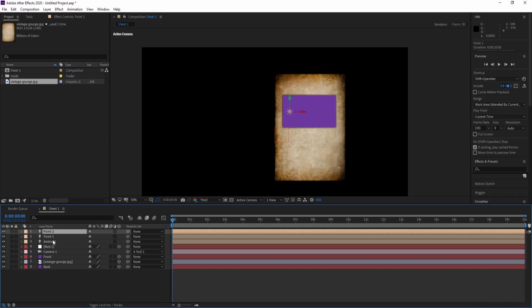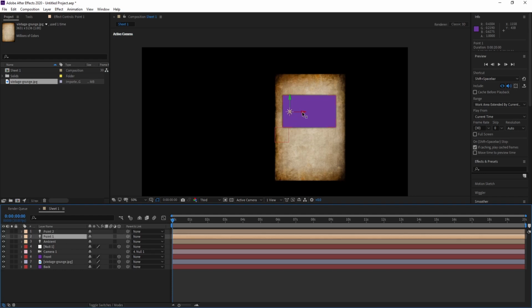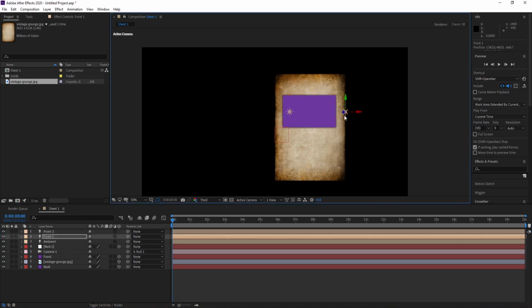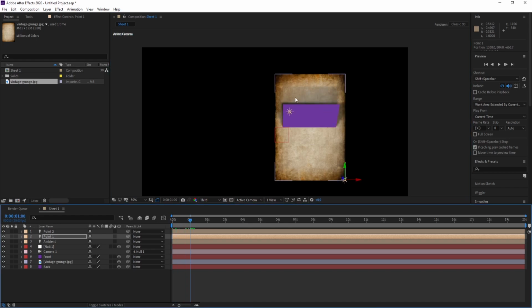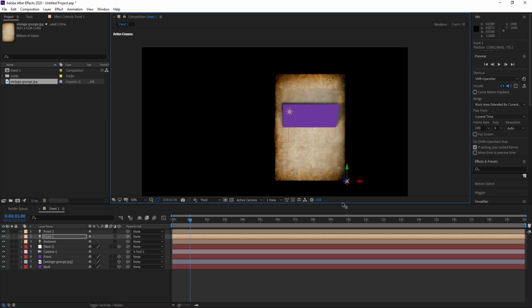So now I'll go to point 1, position. I'll move it like this and I'll put it into the corner like this. Okay, and let me move it. Now, as you can see, we have a shadow. Okay, also you can change the position like this if you want to see this